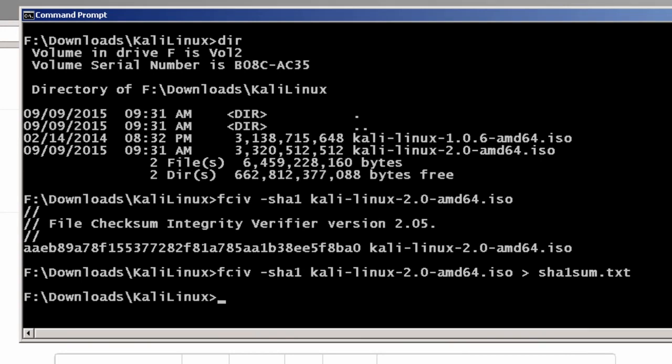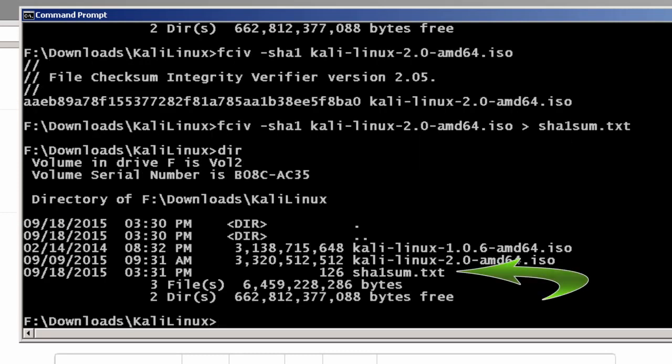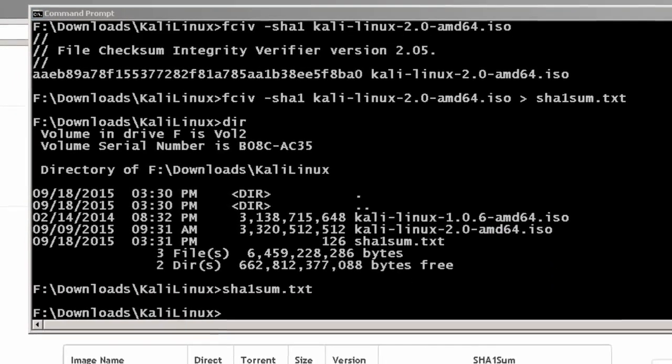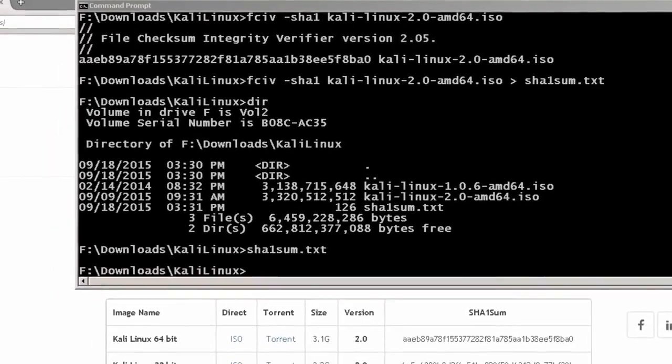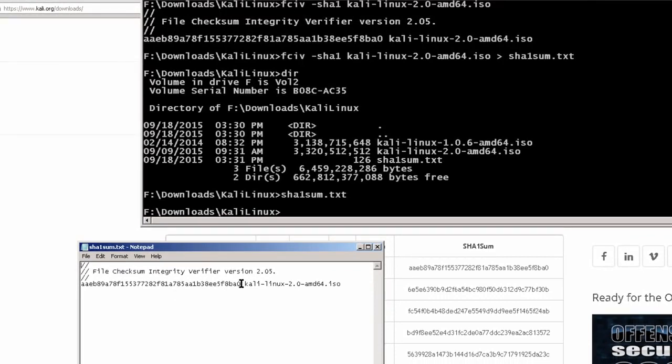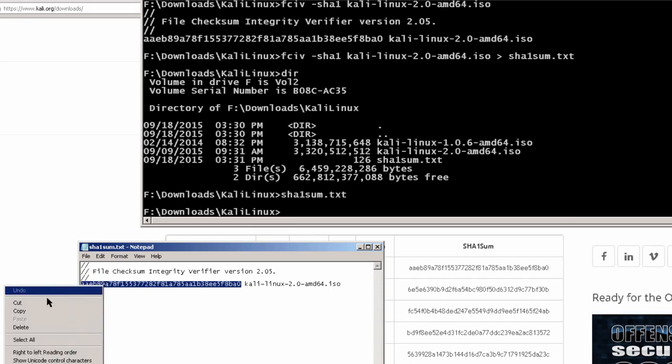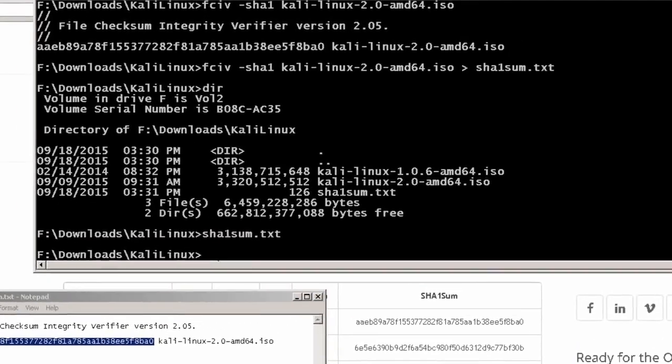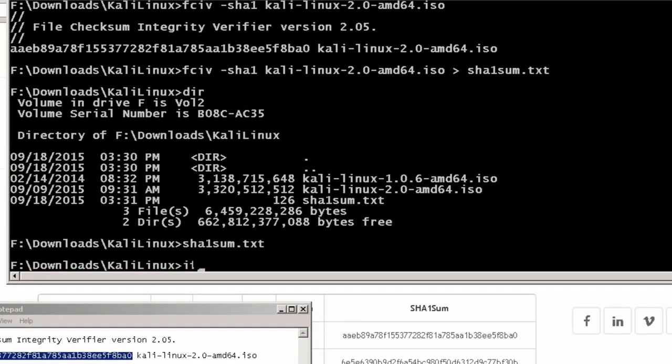Once you have that in the text file, I can go ahead and do a dir, and there it is. And if I put in SHA-1 sum.txt and hit enter, it will open up a Notepad file. And I'm just simply going to copy this right here. Copy, and I'm going to go back over here,